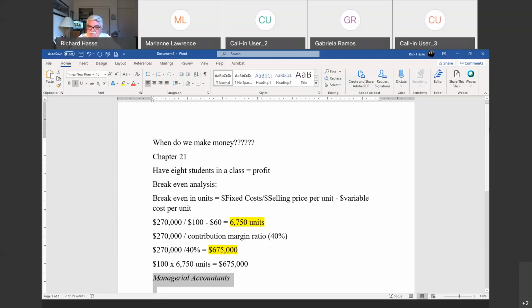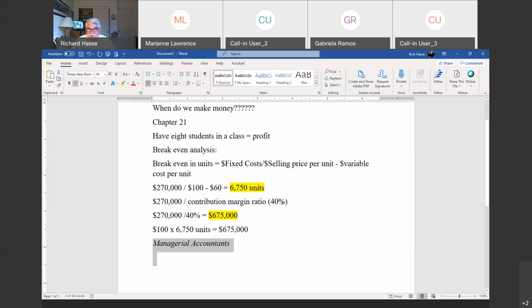Can my marketing team sell that many units? If the answer is no in a competitive market, then why go ahead and make the investment? Try something different. Now, a lot of that has to do with branding, reputation, consumer service, all things that sometimes companies forget about. But you, as the managerial accountant, can come up with the hard data to determine at what point we start making money.